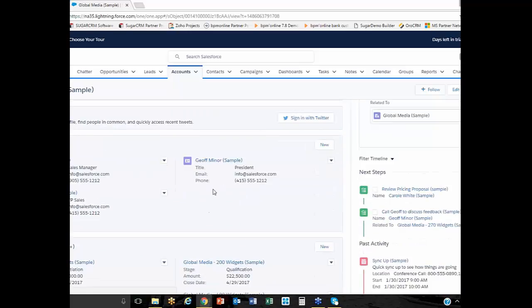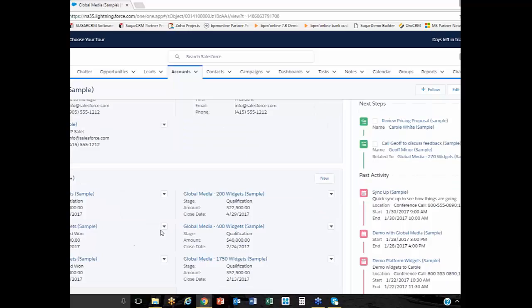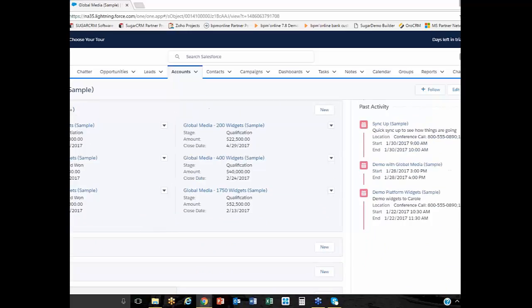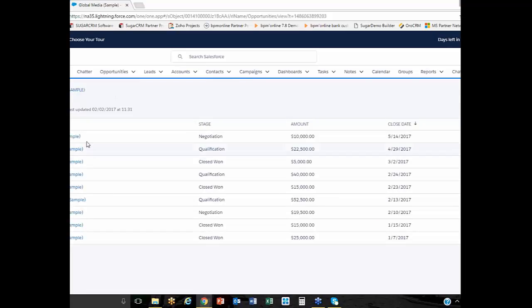Now, as we scroll down to the lower sections, staying with the left-hand side, we can see that we have 3 contacts associated to Global Media, 3 contacts that we happen to be working with, a total of 6 or more opportunities. Actually, I'll view all here. And I can now see a total list of all the opportunities we've ever had with Global Media.